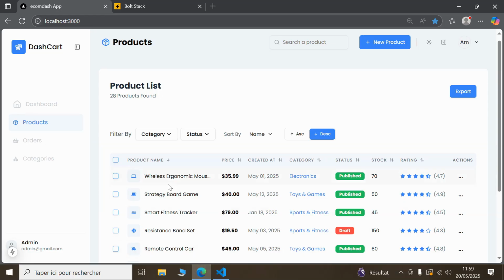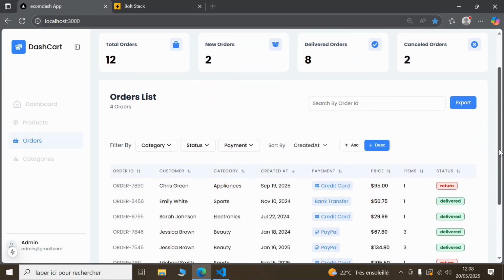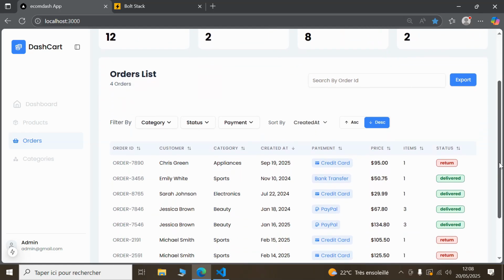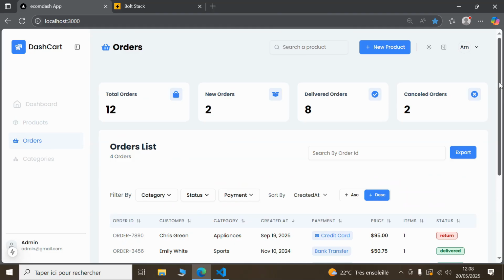So this is our product page. The next thing that I'm going to start working on is the orders page, and as you will see, we're going to follow the same process. We're going to reuse this component, and it's going to be very easy for us to create this page in a matter of minutes. Now our orders page is fully created in a matter of minutes, because as you can see, we're using the same design of the table, meaning that we are using the same table that we used for the products. And the only thing that is going to be changing is